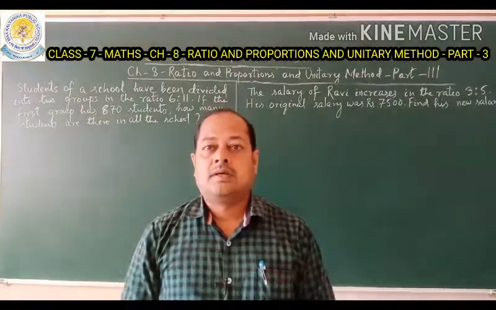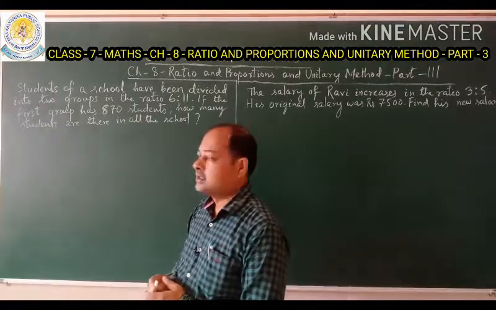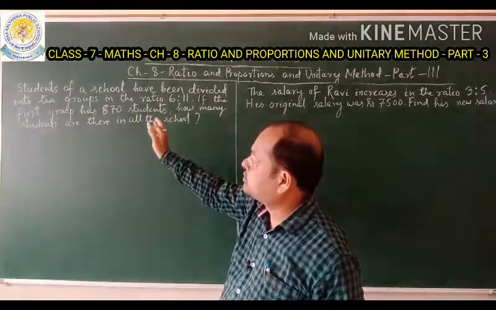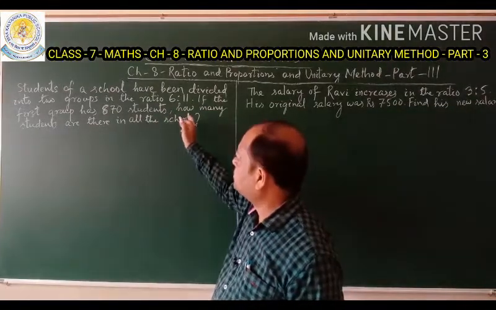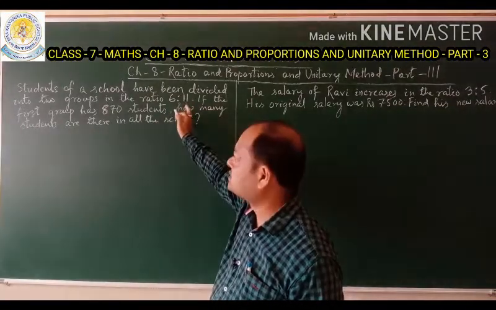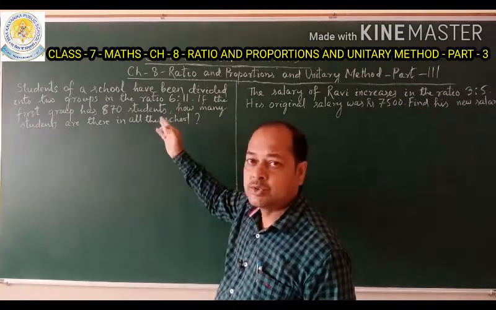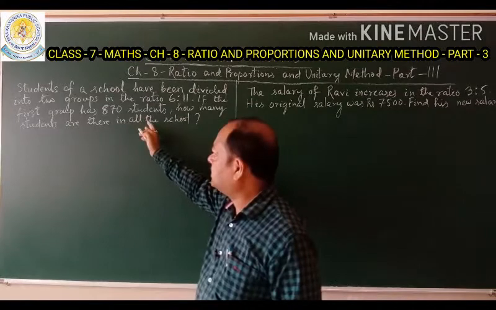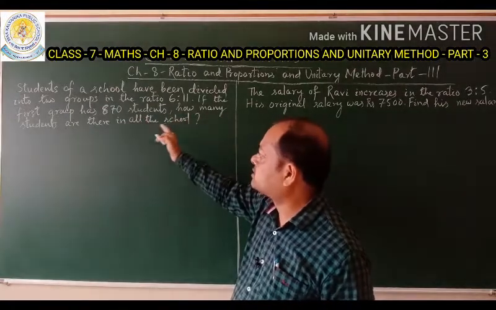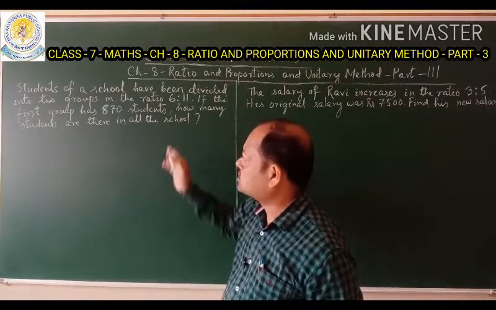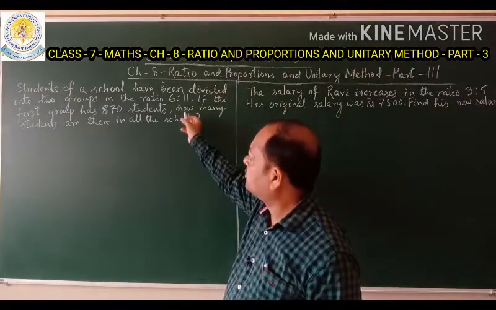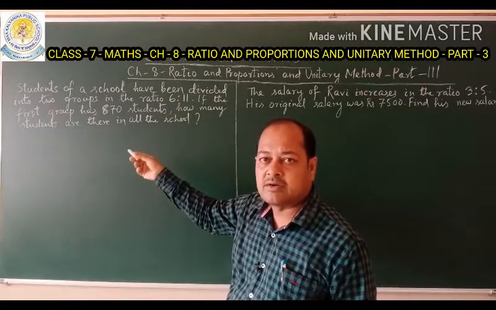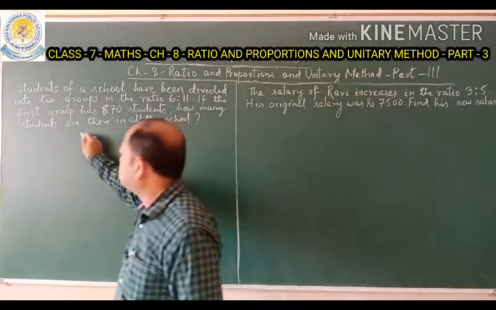Okay. Now look at this story problem. It says that students of a school have been divided into two groups in the ratio 6:11. Here one ratio is given. It is the ratio of the two groups. If the first group has 870 students, how many students are there in all the schools? Okay. So here we got 6:11 as the ratio. First find out the total of the ratio. Okay. The sum of the ratio